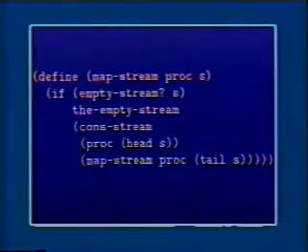This is the procedure map that we did with lists, and you see it's exactly map except we're testing for empty stream. Well, I forgot to mention that. Empty stream is like the null test. So if it's empty, we generate the empty stream. Otherwise, we form a new stream whose first element is the procedure applied to the head of the stream, and whose rest is gotten by mapping along with the procedure down the tail of the stream. So that looks exactly like the map procedure we looked at before.